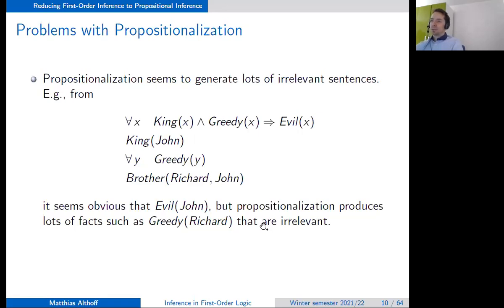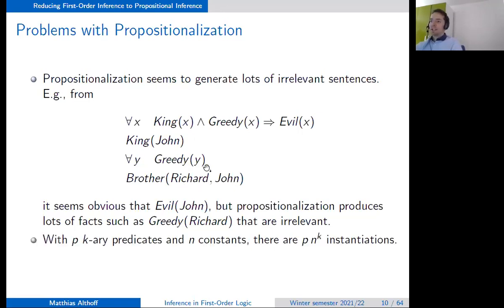Just think of the predicates, right? So let's say if a predicate X and Y, so if X has n possibilities and Y has n possibilities, we will have n squared possibilities. So depending on the arity of the predicates, we have an exponential number of arguments, and then we also have a lot of potential predicates.